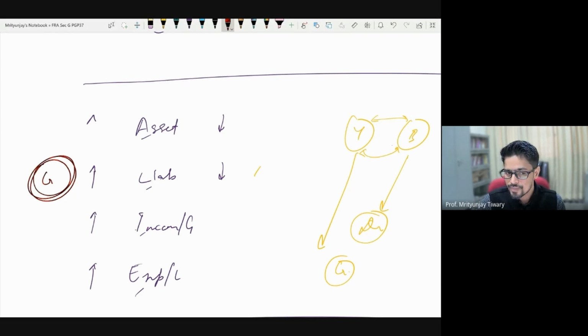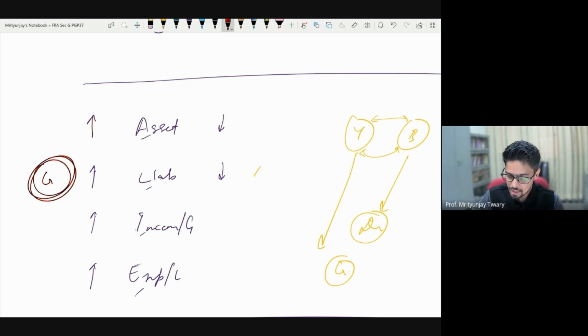Among these 4 combinations, if something else is of the same nature, we will assign it the same code. If it is of opposite nature, we will give them the opposite code. Now, if increase in liability is given the code credit, then reduction should obviously be opposite, right? You have two things to talk about. On one hand, you have increase in a liability, on the other, reduction in a liability. Obviously, they are of opposite nature. You giving money to somebody and somebody giving money to you. These are definitely two opposite things. These are not of the same nature.